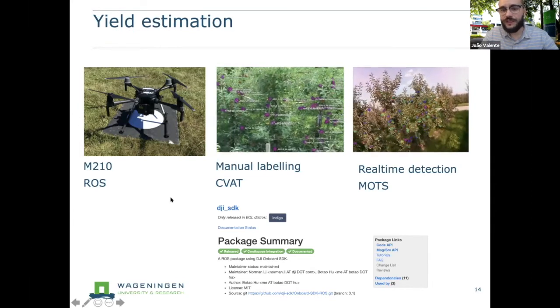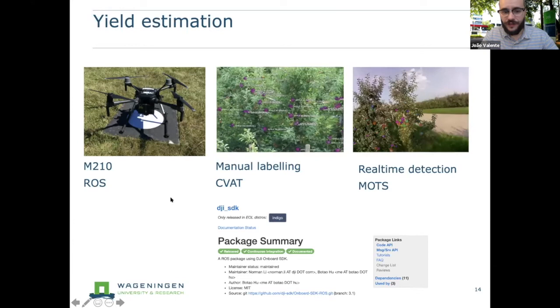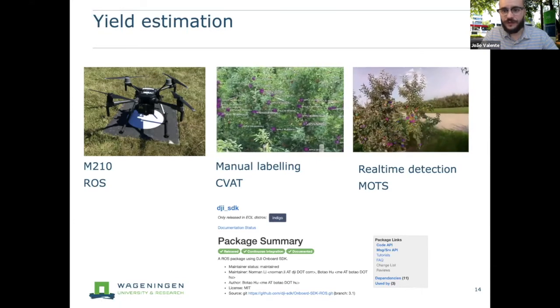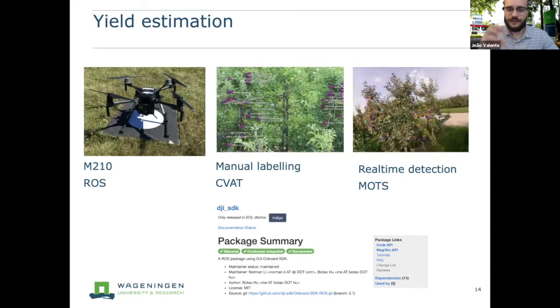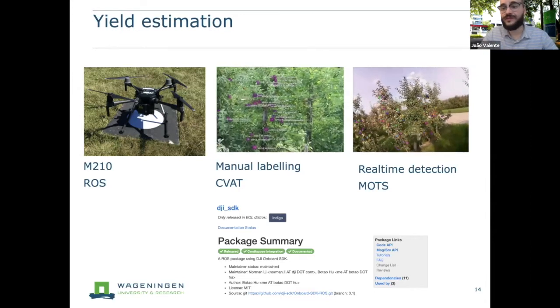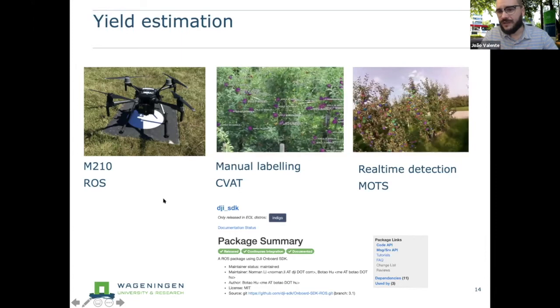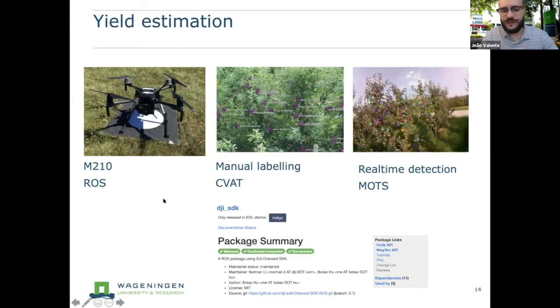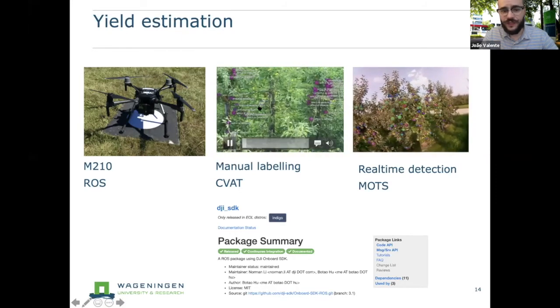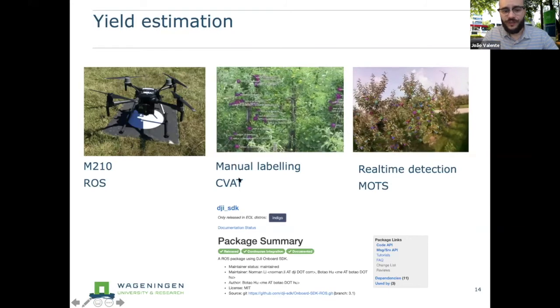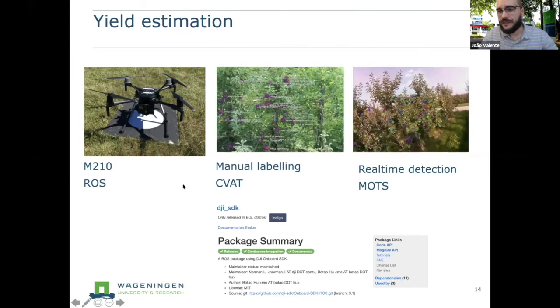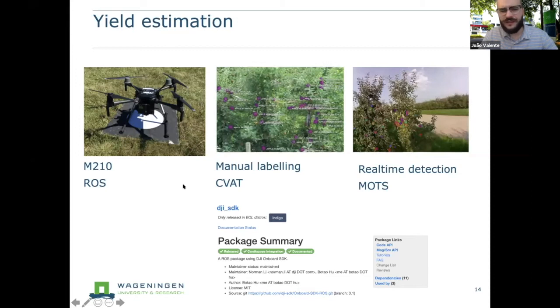We are using deep learning for detecting the number of apples in the trees in real time. There was exhaustive labeling work done on the trees, for which we used the CVAT software. You can find it online and it's quite handy.